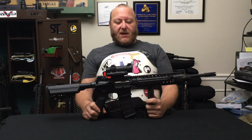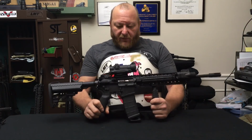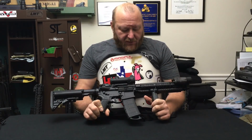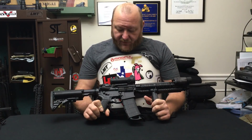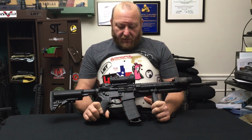This is built based off of the billet Mega Arms upper and lower receiver. Extremely high quality upper and lower billet receivers. Very unique look to it. Very well made. Again, some of the components are going to be the same, but you're going to see some new ones as well. We're going to zoom in here and you can take a look at the actual details